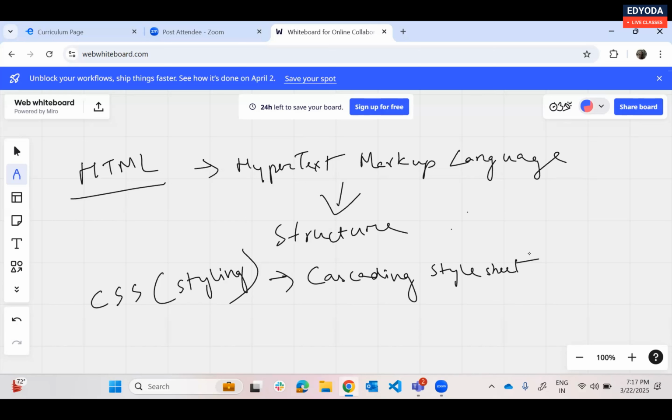Now suppose you have already constructed your home. You have created it. Next, what do you want to do? You want to make it look visually appealing, right? For that, what will you do? You will do some coloring inside. You will paint your home. You will add some